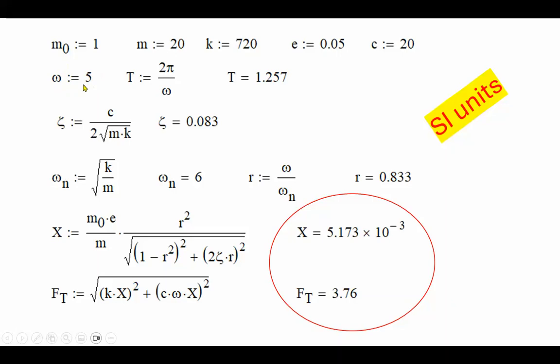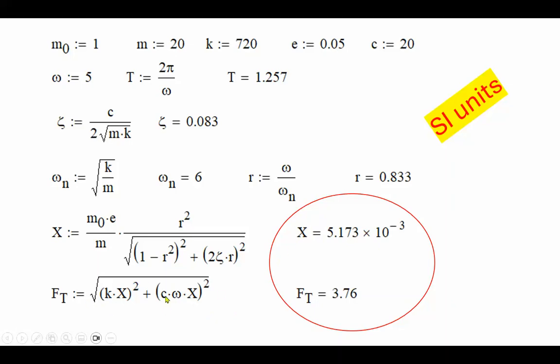It is 5, given to you now. I should have called this omega r, where I left it as omega, and that means the period of the steady state oscillation of this object is 1.257. So once you have this data, you can find the damping ratio. Here's the natural frequency. And notice that 5 is relatively close to 6. Okay, so we expect pseudo resonance, large displacement, etc. But anyway, if you plug these things into the expression for x, we're going to get the displacement of the mass. That rectangular block should be around 5 millimeters,